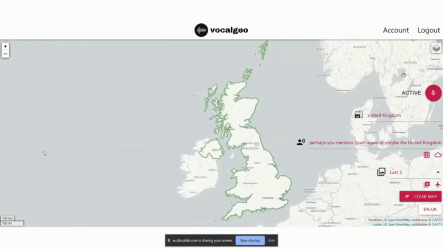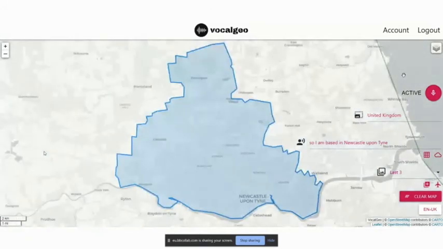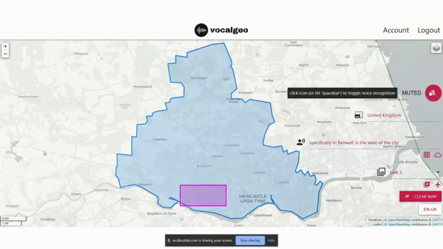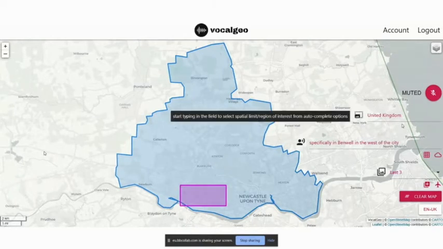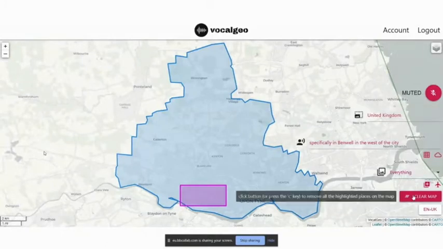So I am based in Newcastle upon Tyne, specifically in Benwell, on the west of the city. Okay, now let's match everything and clear,